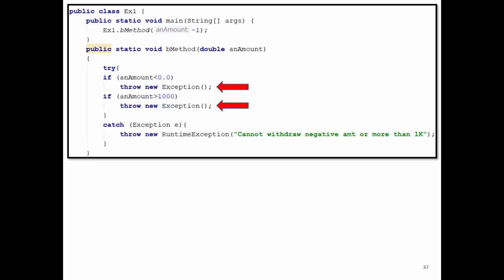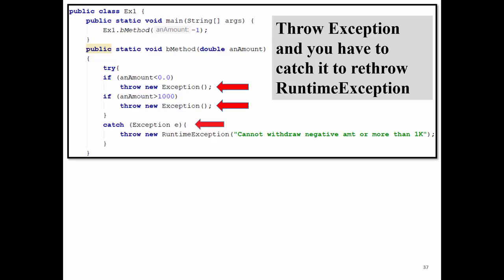For example, here we throw a runtime exception: the amount is negative or the amount is more than 1K. I don't know which statement is causing the problem, but that is the problem here. I throw a generic exception without any meaning. So once I receive this message as a user, I don't know if the amount is less than 0 or greater than 1,000. The only thing I know is that there is an exception, a general exception. I can revise this code